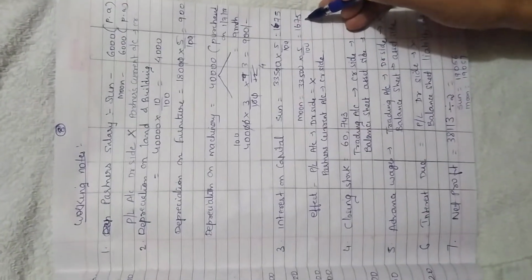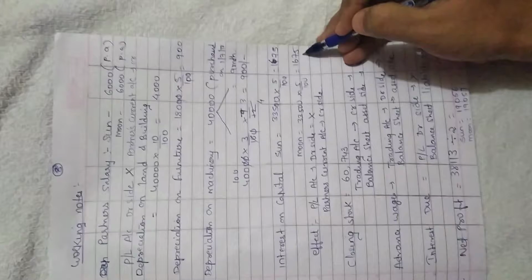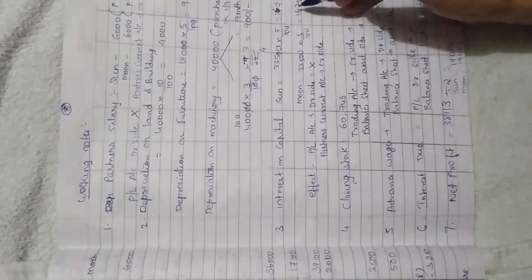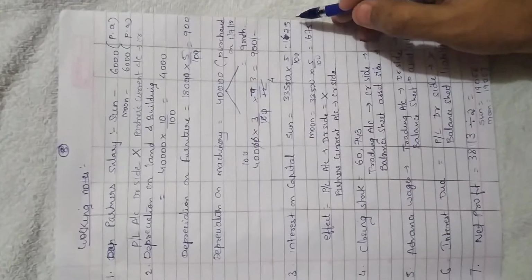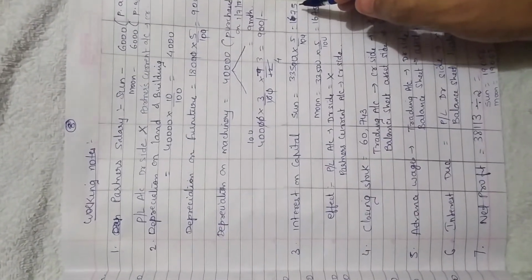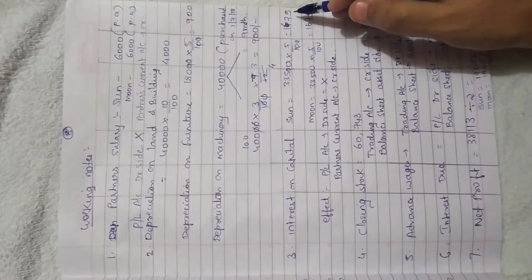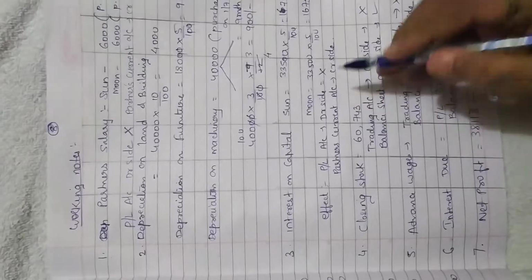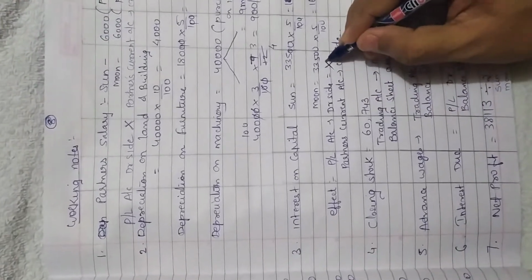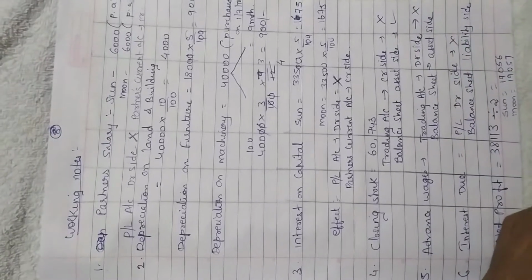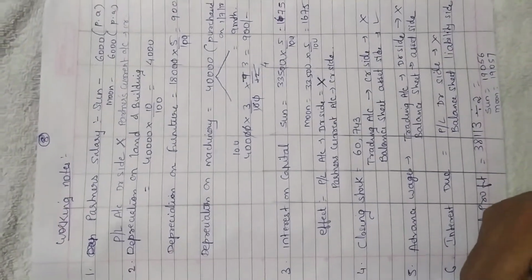What is the effect of it? When you are giving interest on capital to the partner, it is an expense for the business. So where will you record it? First effect, profit and loss account debit side. I have shown you a cross mark. The cross mark indicates that we are not going to post it, as we are not going to prepare a profit and loss account.